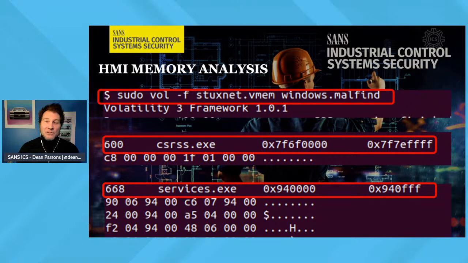From Stuxnet here, we actually have a memory capture from an HMI where Stuxnet was actually executed. And of course, we're using Volatility, so vol -f, passing in the memory file into Volatility. And now you'll notice we're using Volatility Framework version 3, where we're using windows.malfind. So today's whole conversation is talking about timely analysis. Windows.malfind, using the new framework in Volatility, is going to sift through memory, and it's going to tell you what it thinks is malicious activity. Super awesome to streamline your critical analysis and timely analysis.